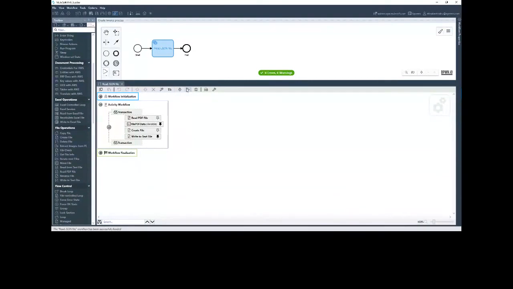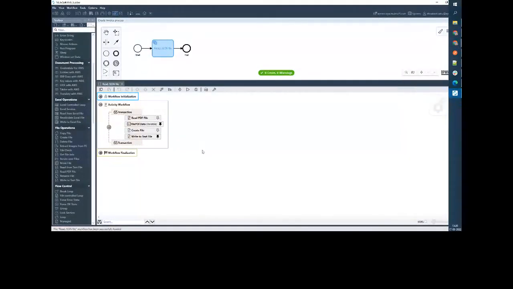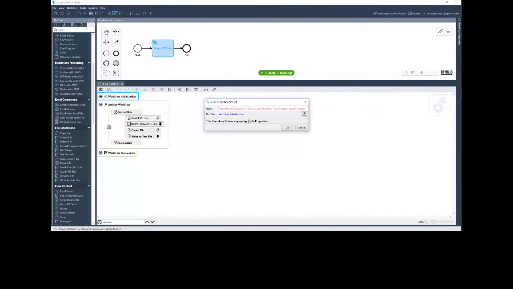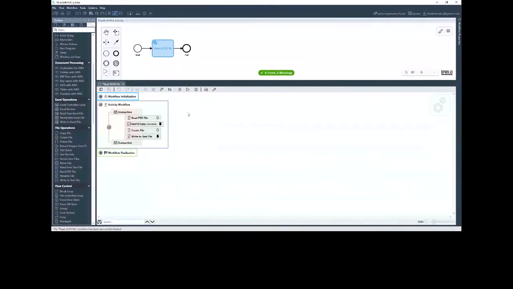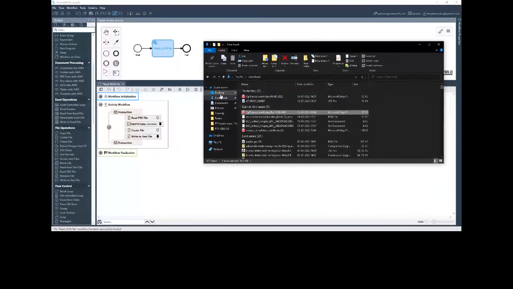So I want to run this. I'm trying to run it, but let's see the files first.